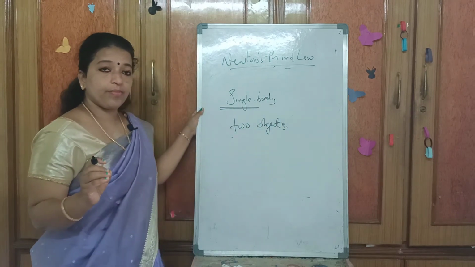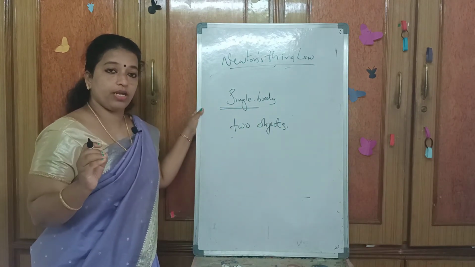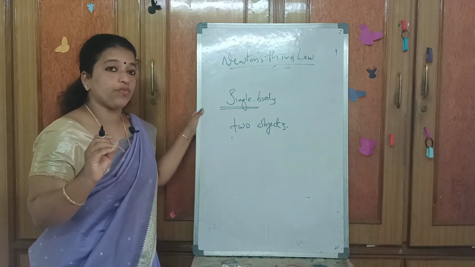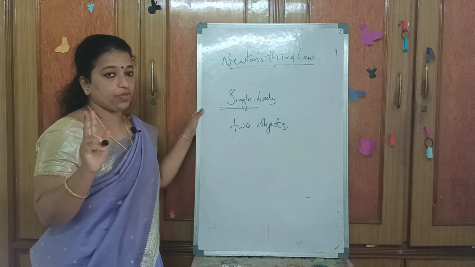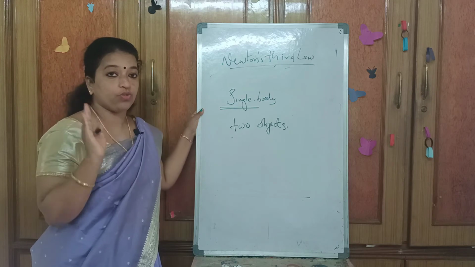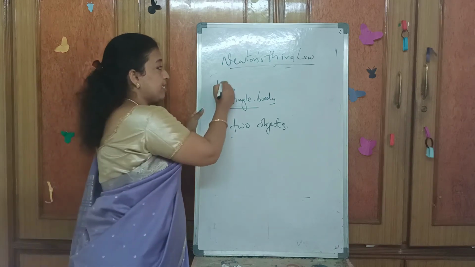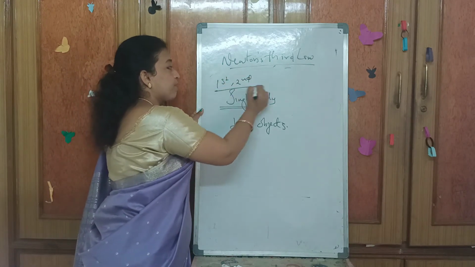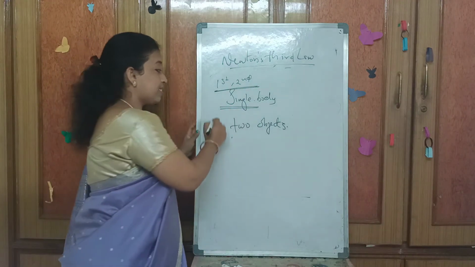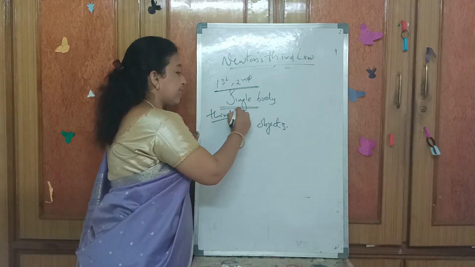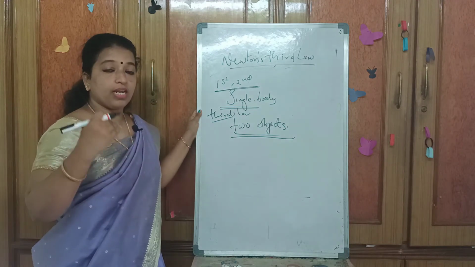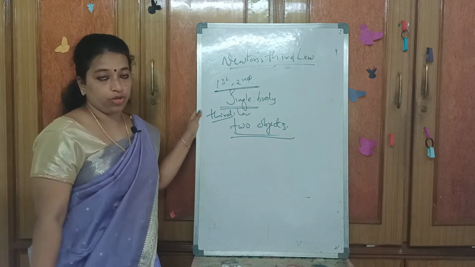So we can say that Newton's third law of motion explains the interaction between two bodies. Understood? Newton's third law of motion never acts on a single body. That you have to remember. But the first law and second law explain or apply only to a single body. But Newton's third law explains the interaction of two objects. Like that, Newton's third law of motion differs from the other two laws.